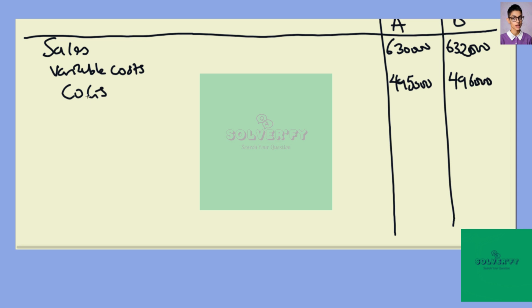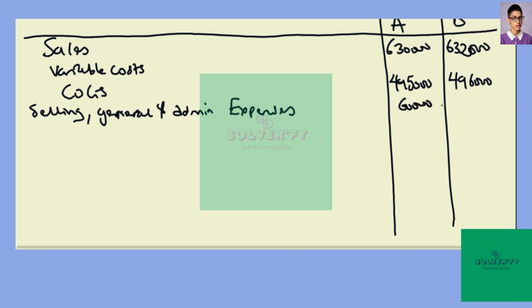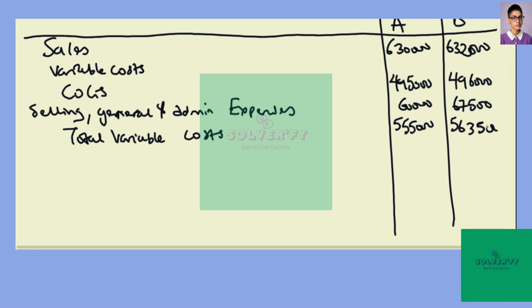Now the selling, general and administrative expenses would be 60,000 and 67,500. Now the total variable cost would be 555,000 and 563,500. So therefore the contribution margin